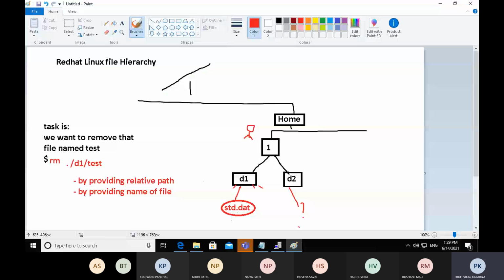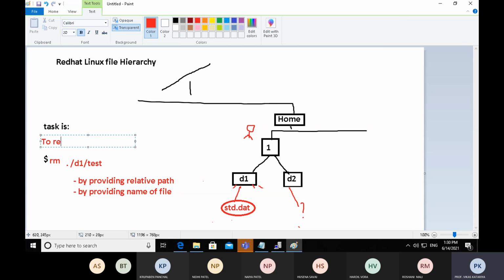There are two purposes of the move command: if you want to change the file name, to rename the file, or to move the file from one location to another.